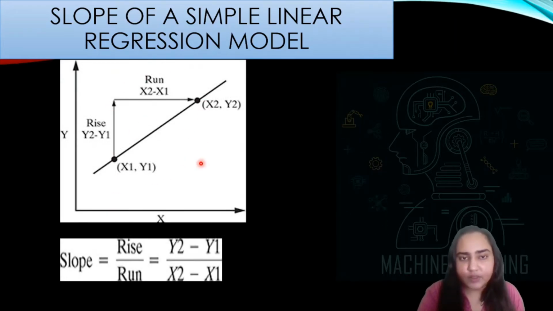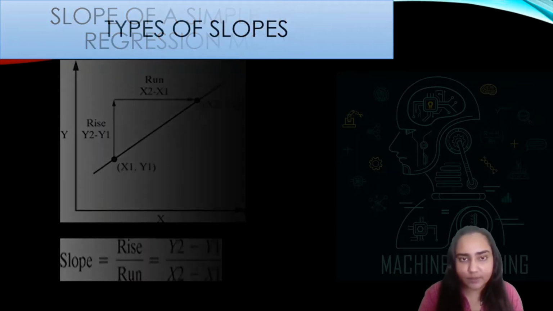Here you can see this in the diagram. This is my line. These are the points. This point is x1, y1, and this point is x2, y2 in the graph. And if you want to find out the rise, pick a point over here, and what you see here is y2 minus y1, because we are connecting these two points. At this point, y2 minus y1 is known as the rise, and x2 minus x1 is known as the run. So slope is rise divided by run, and this is the formula, which is pretty easy to understand.